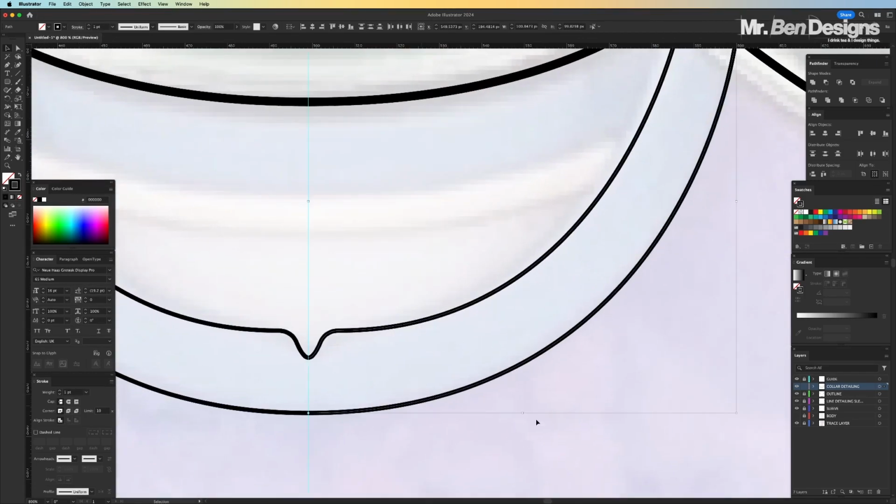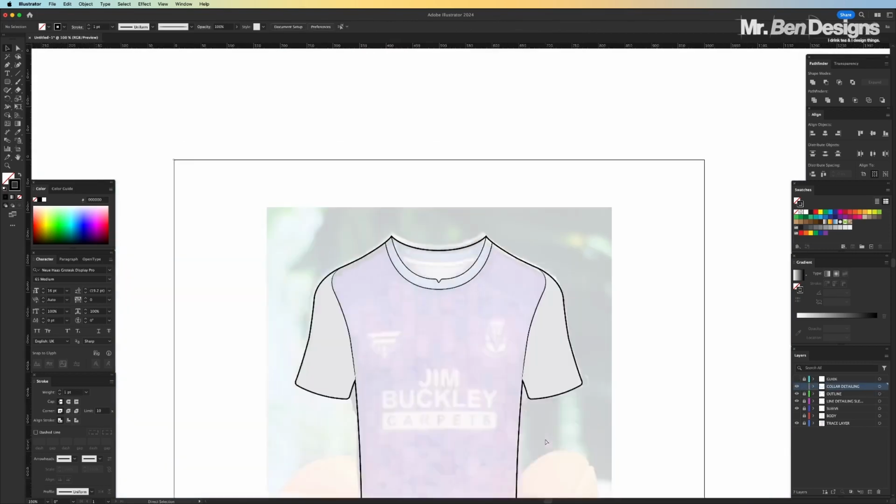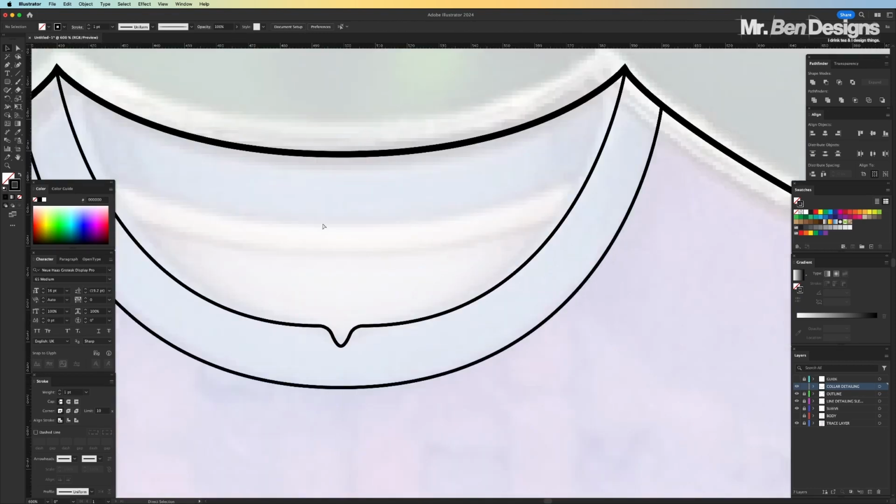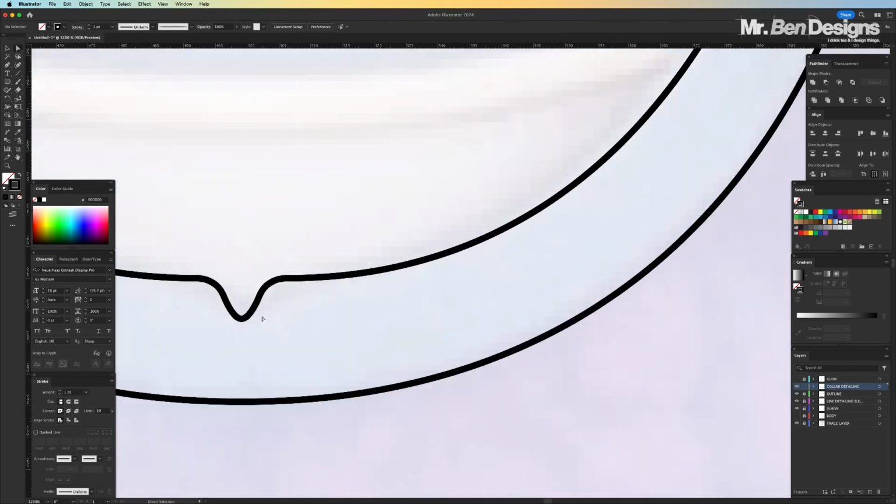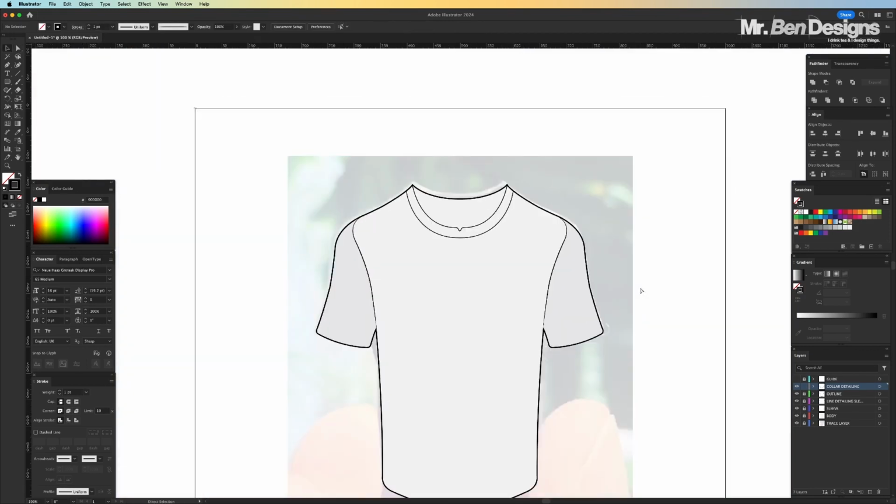Okay. Now I believe if I turn the guide off, because I've now got it on a separate layer, as you can see, they're now matched up pretty much perfectly. Again, we're going to want to join these two. So I'm going to hit Command J. As you can see,